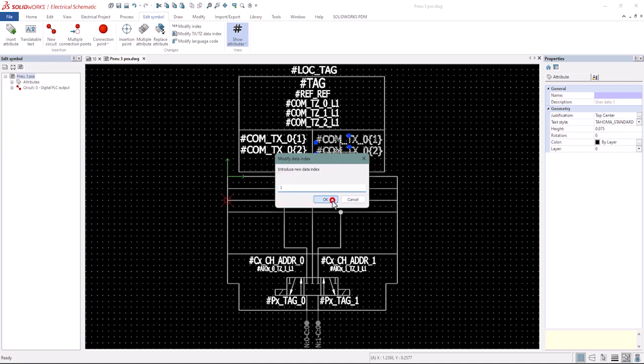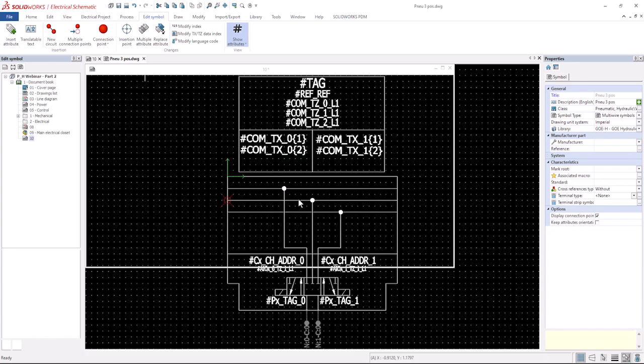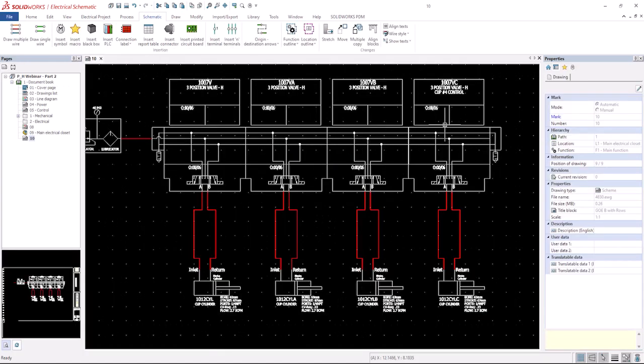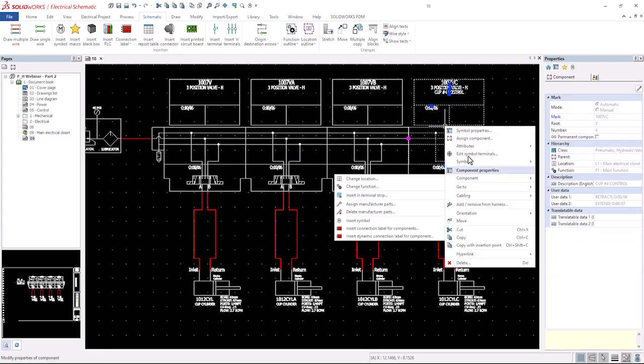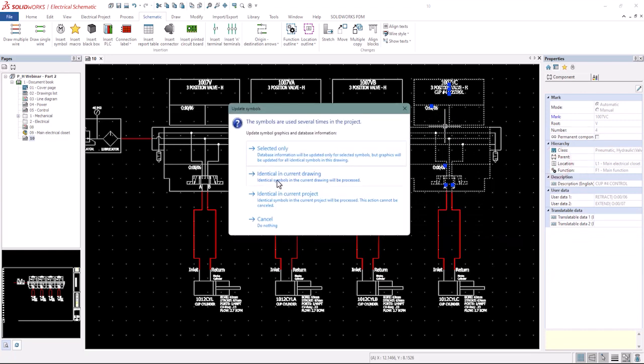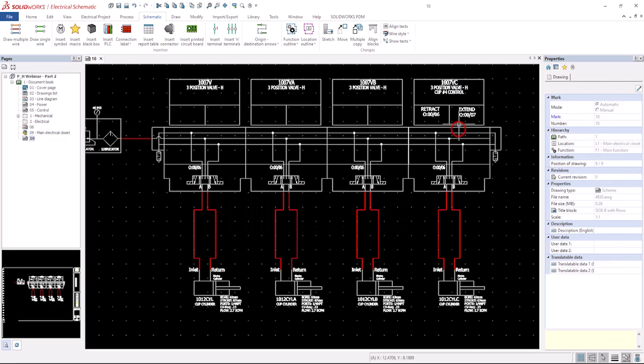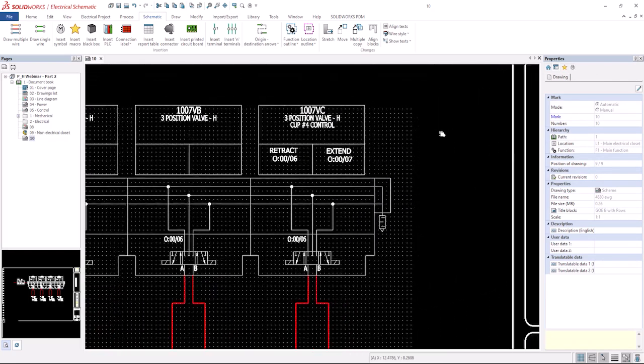Now, of course, the software uses 0 and 1 numbering when the text is calling out 1 and 2. You'll see that when you're working there. But I'm going to go ahead and simply save this symbol. And then I can go ahead now on my schematic sheet and update the symbol. This way I can also have legacy symbols. I'm going to go ahead and just say for the current drawing,